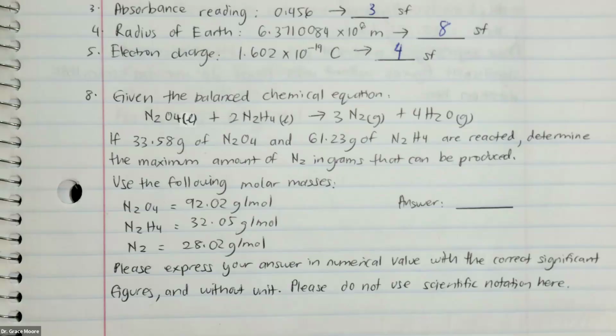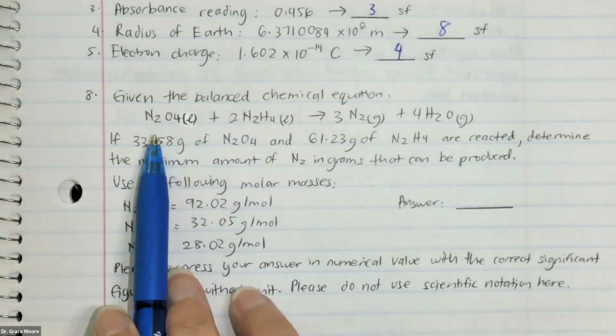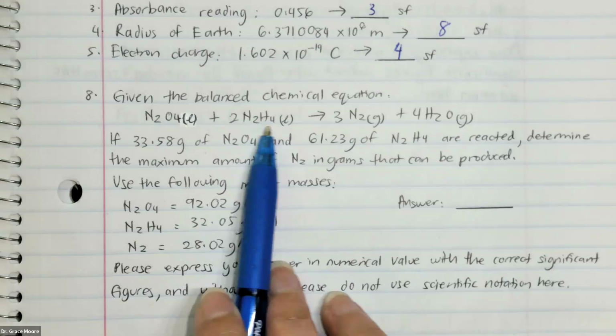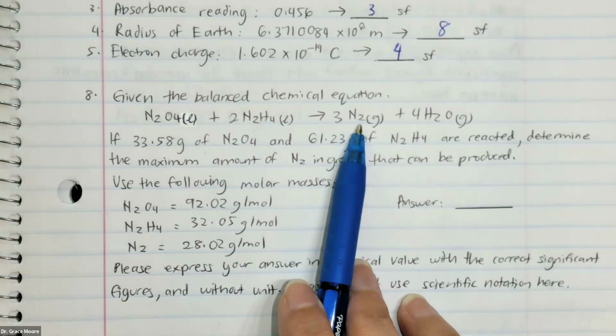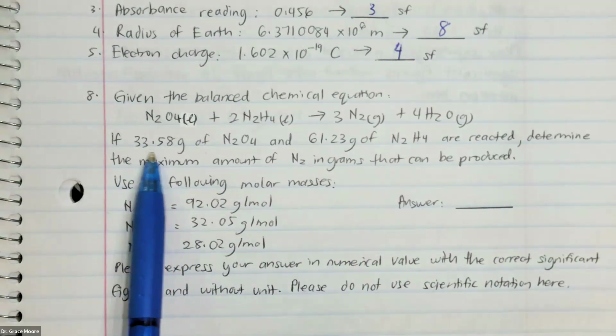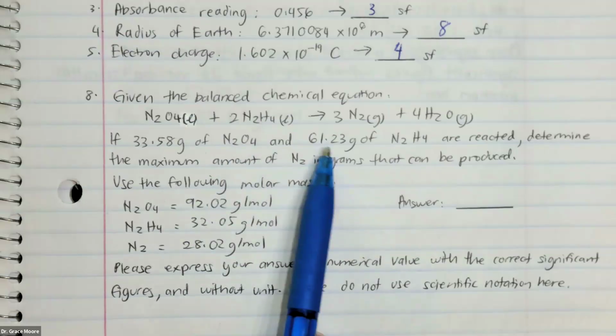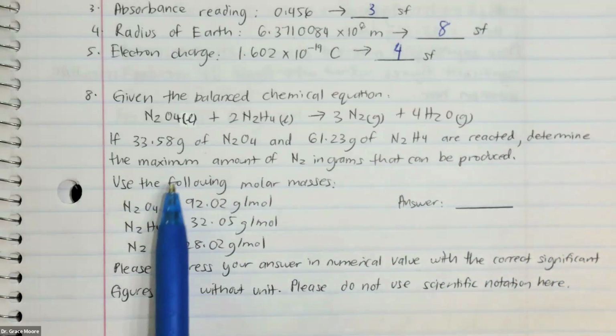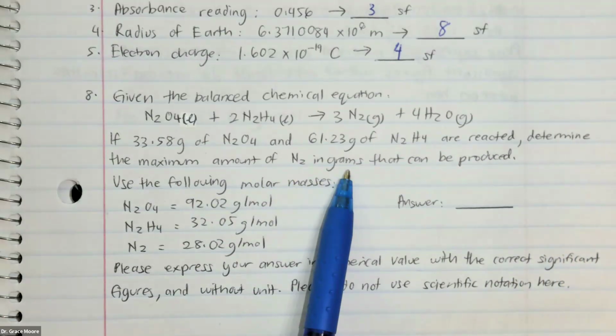This next question is going to require us to do a little bit of calculation with stoichiometry. And it says here, I have a chemical reaction N2O4 plus 2N2H4 equals 3 nitrogen gas N2 and 4 H2O. And it says, if I have 33.58 grams of N2O4 and 61.23 grams of N2H4, can you find the maximum amount of N2 in grams that can be produced? So even though it says maximum amount of N2, it really means to look for the theoretical yield, which is